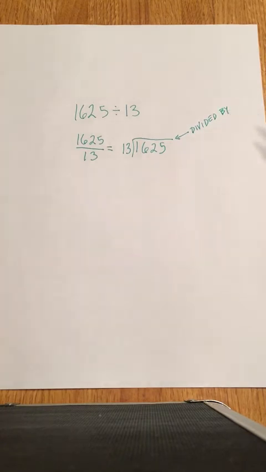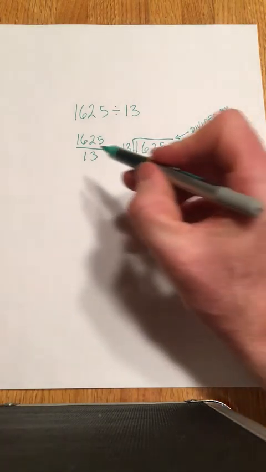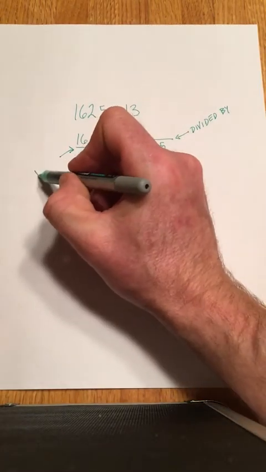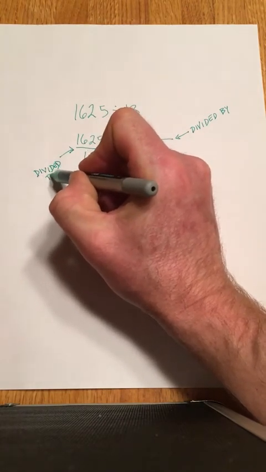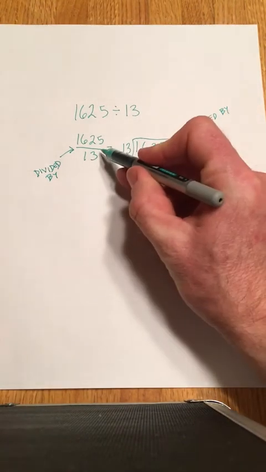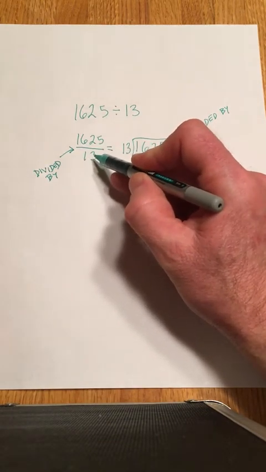How many times can 13 go into 1,625? And this line over here, we could also say that is divided by. So 1,625 divided by 13 is just a fraction. We're saying how many times can 13 go into